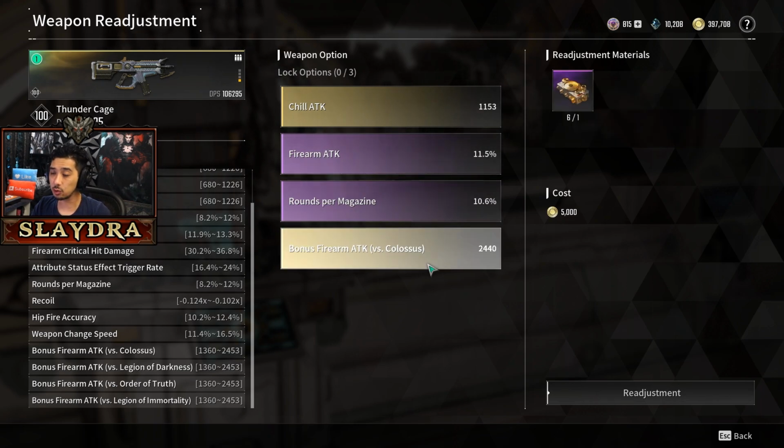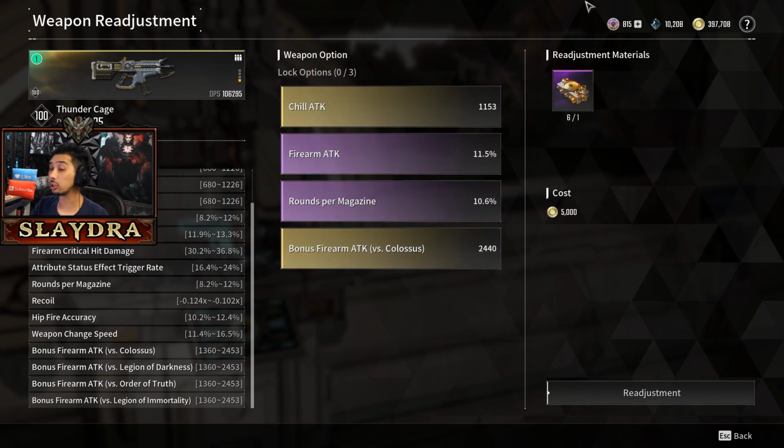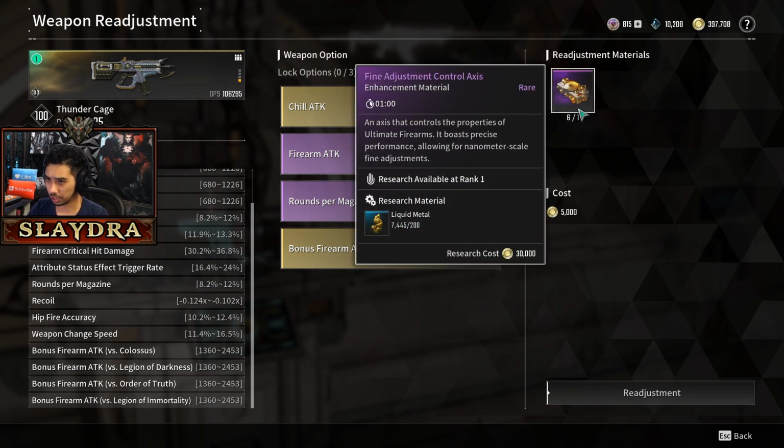Basically, this is the stuff that you want to look for, but if your weapon does use crit, like for example the Thunder Cage, and you're building into crit, then getting the critical hit damage and fire rate is another advantage. Now with re-rolling, I want to also give you guys a really good tool here, but first